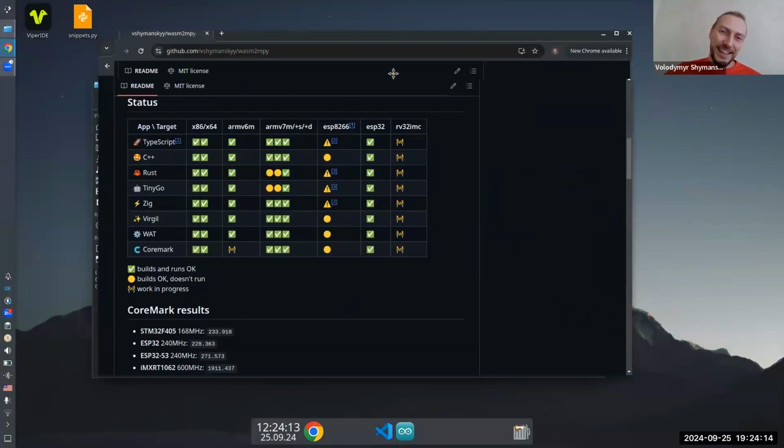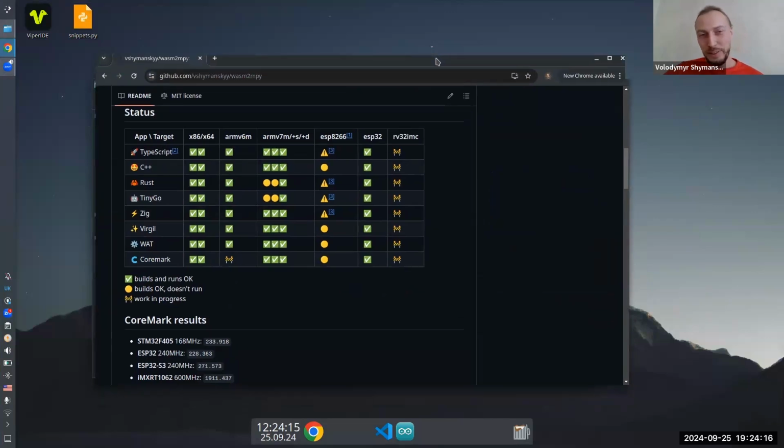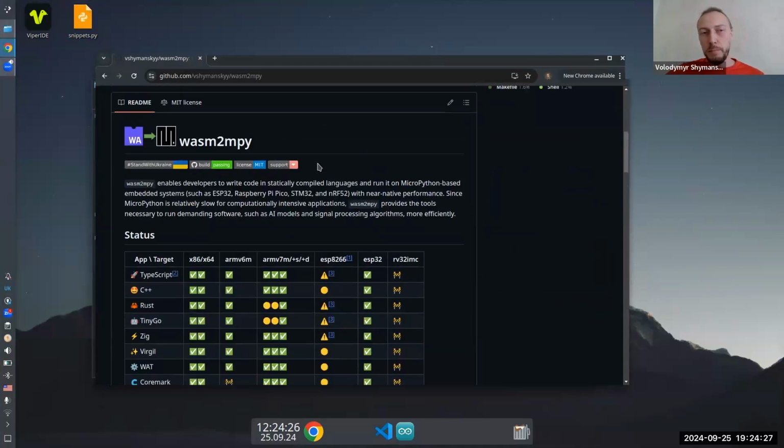Yeah, actually, quite a lot of interesting stuff is happening right now in the native module space. I must admit that this puts the native modules ecosystem in MicroPython under some stress.